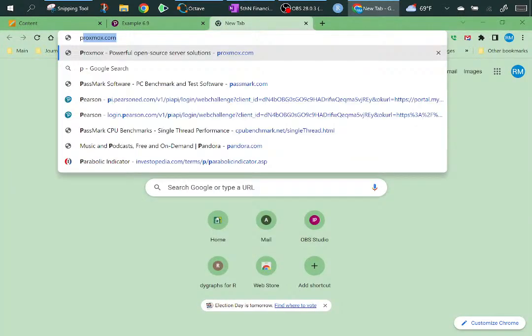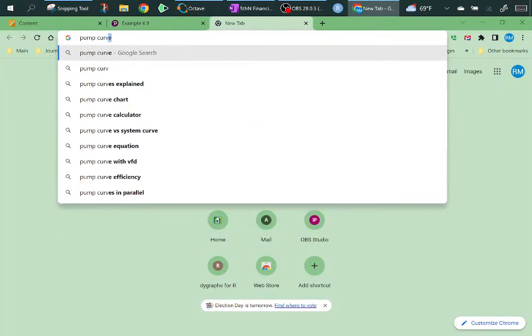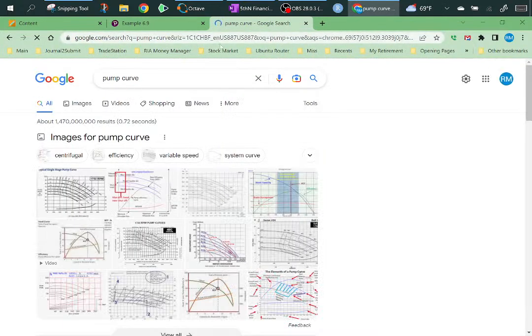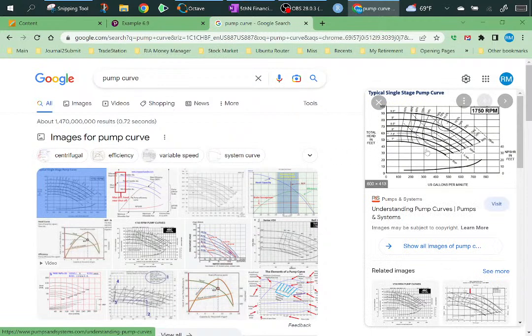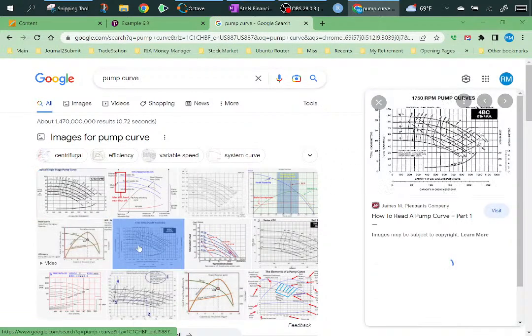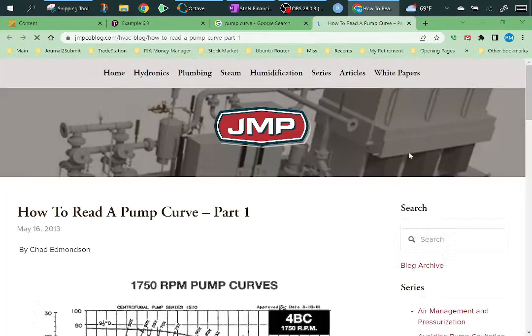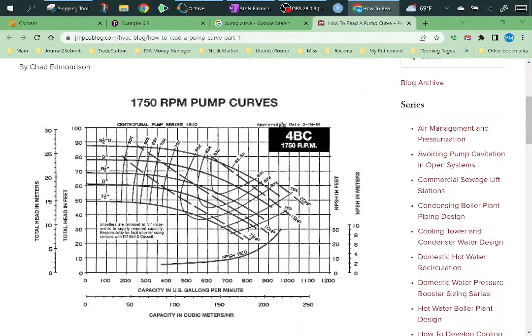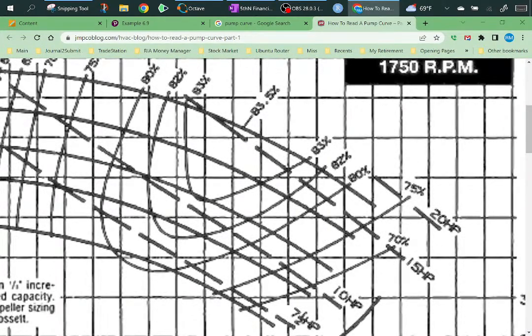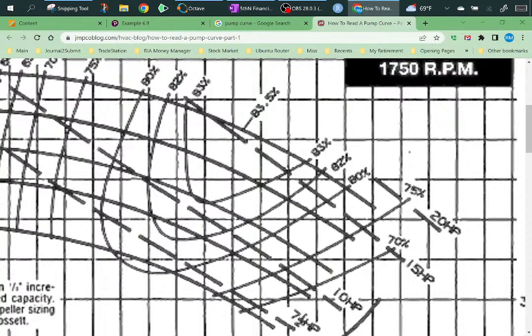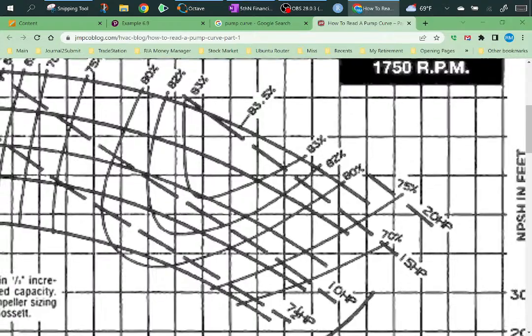Let me just do a pump curve. Sorry, I'm coughing up. Here's a perfect one. Not perfect, they all look the same. All of them have all the numbers in. How can I make that big? Okay. So what you see is these arc curves right here, like the 80. I think that says 83.5%, 83, 82. So if you took this